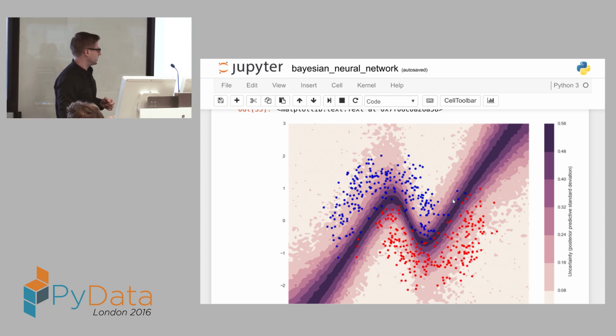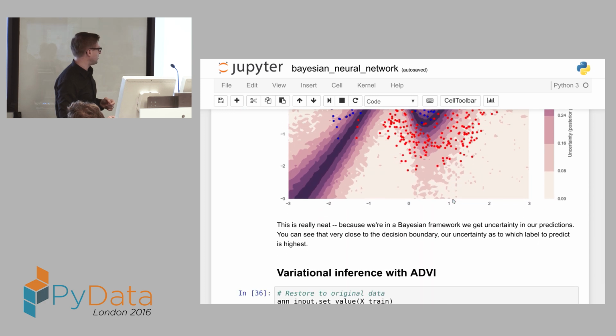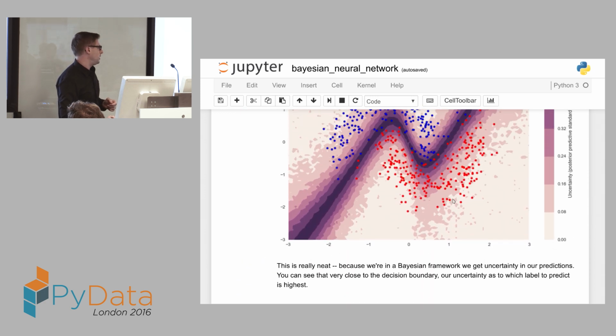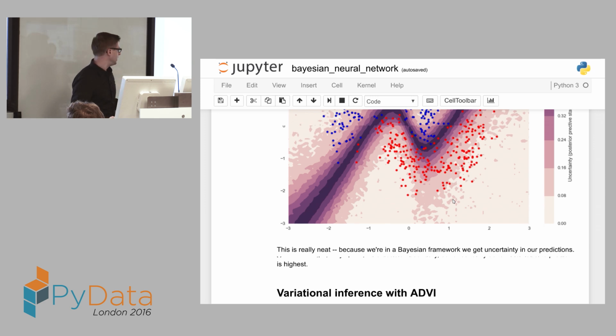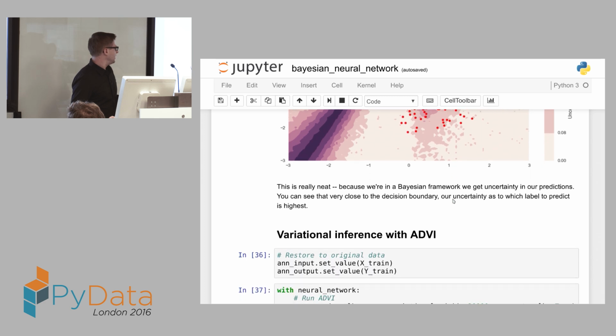So that, I think, is really a very nice property and shows you that it's not that there's probabilistic programming and machine learning, but actually a lot of the machine learning community is using the Bayesian framework to express their models and build them. As I said, it's really slow. Well, these samplers have gotten a lot faster, but still, if you want to be really fast, sampling is not going to be the way to go.